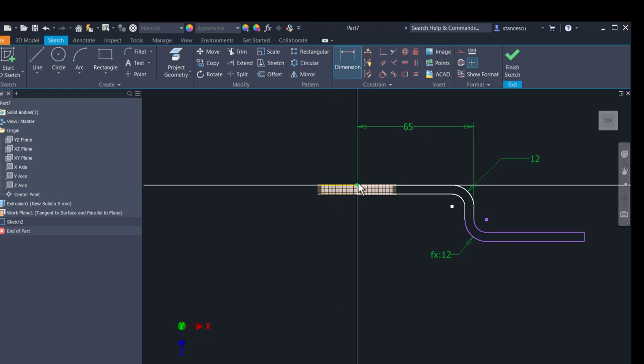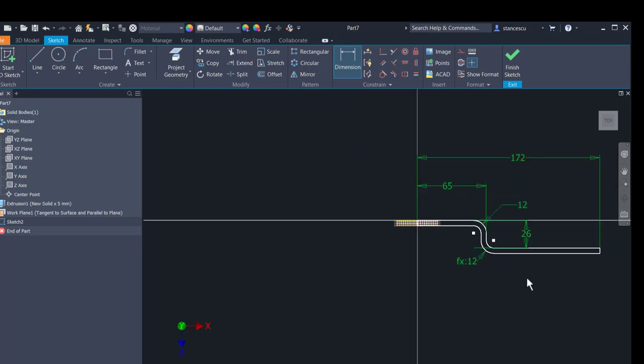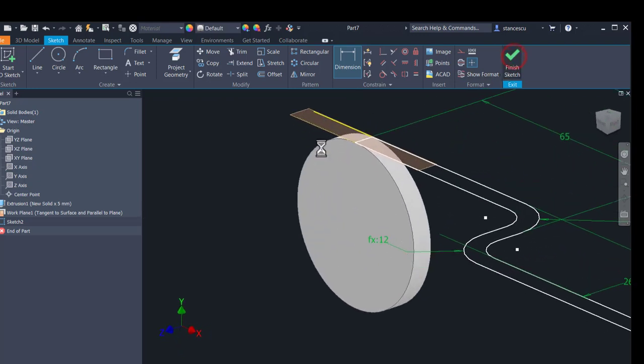One hundred and 72 between these two faces, and that's all. Finish sketch,